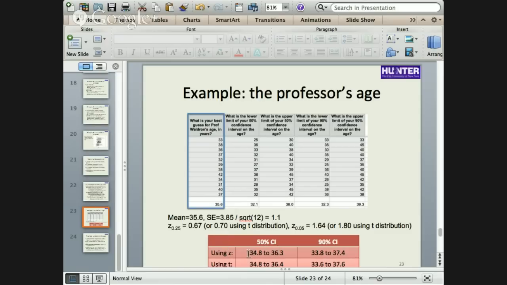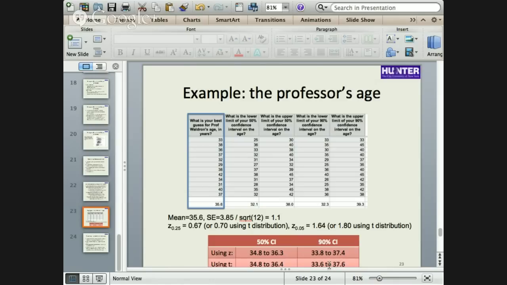Using z, the 50% confidence interval goes from 34.8 to 36.3. And you can see that for the 50% confidence interval, it makes very little difference whether you use t. And the 90% one, as we expect, is a wider interval, so it goes all the way down to 33.8 and up to 37.4. One thing you'll notice is that there's a bit more of a difference with the t,